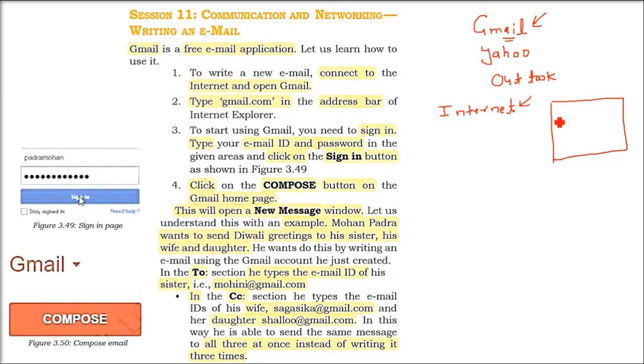Now, when you enter this gmail.com, there will be a form. In this form, you will be asked to put your email ID and password. That is called sign in. Once you are signed in, you are verified. Now you will come to the email service. Now you can compose a new message. A new window will open, and this window will have various tabs, or you can say entry points where you can enter.